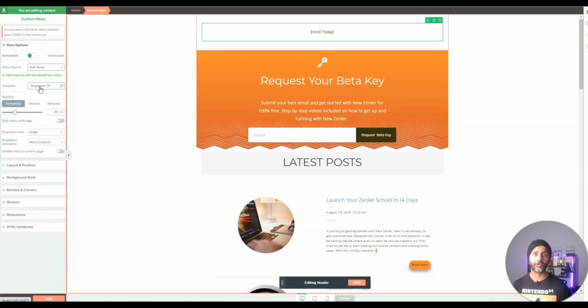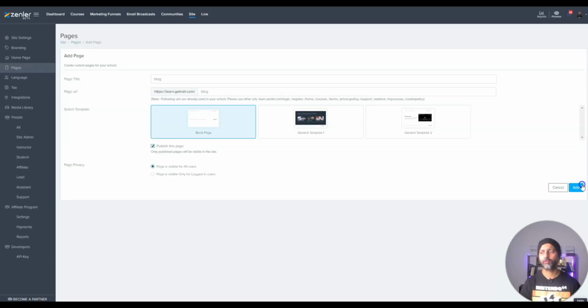Now I'm going to show you some reverse engineering and show you how you can create the sense of a blog on your school and redirect people to your blog, whether that's on Wix, Medium, Weebly, or WordPress. I'm going to actually take a few blog posts that are on my WordPress site and recreate them on my new Zenler page, and you should be able to do the same on whatever editor it is that you're using. So I'm on my new Zenler school, and again,